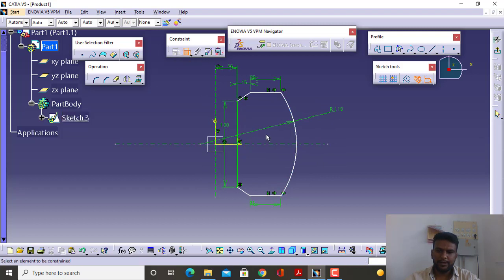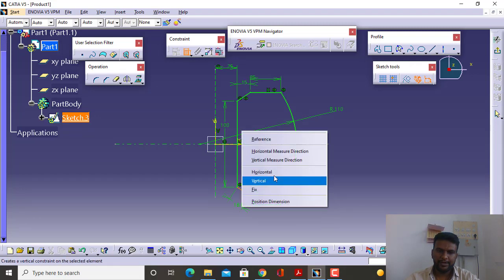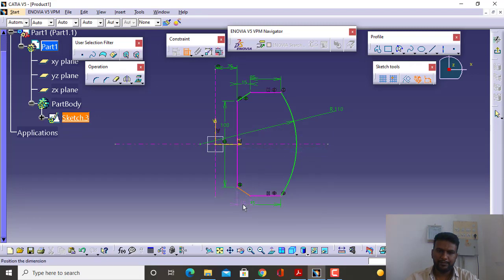Next thing is define all the dimensions until it becomes fully constrained. If there is over constraining, press Ctrl Z and again try with other dimensions. Right. So we'll define some other dimensions like this.